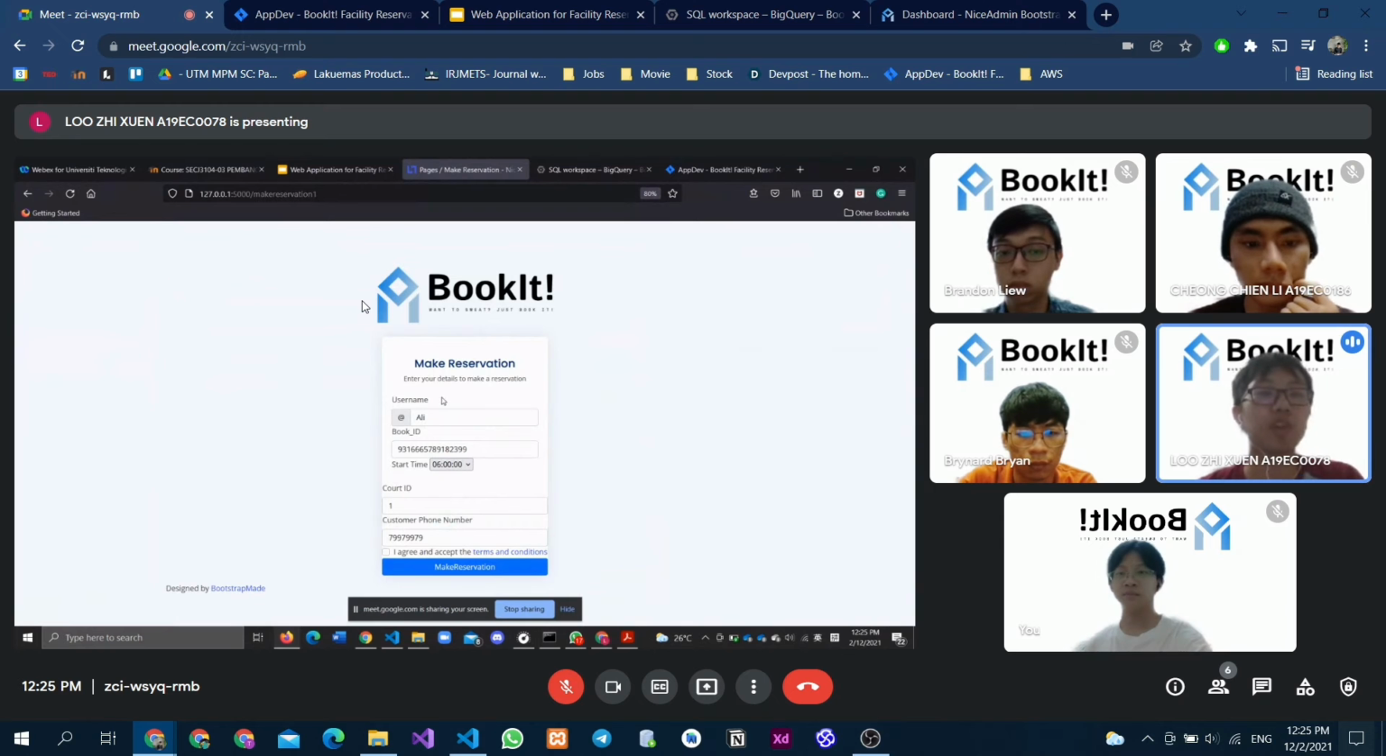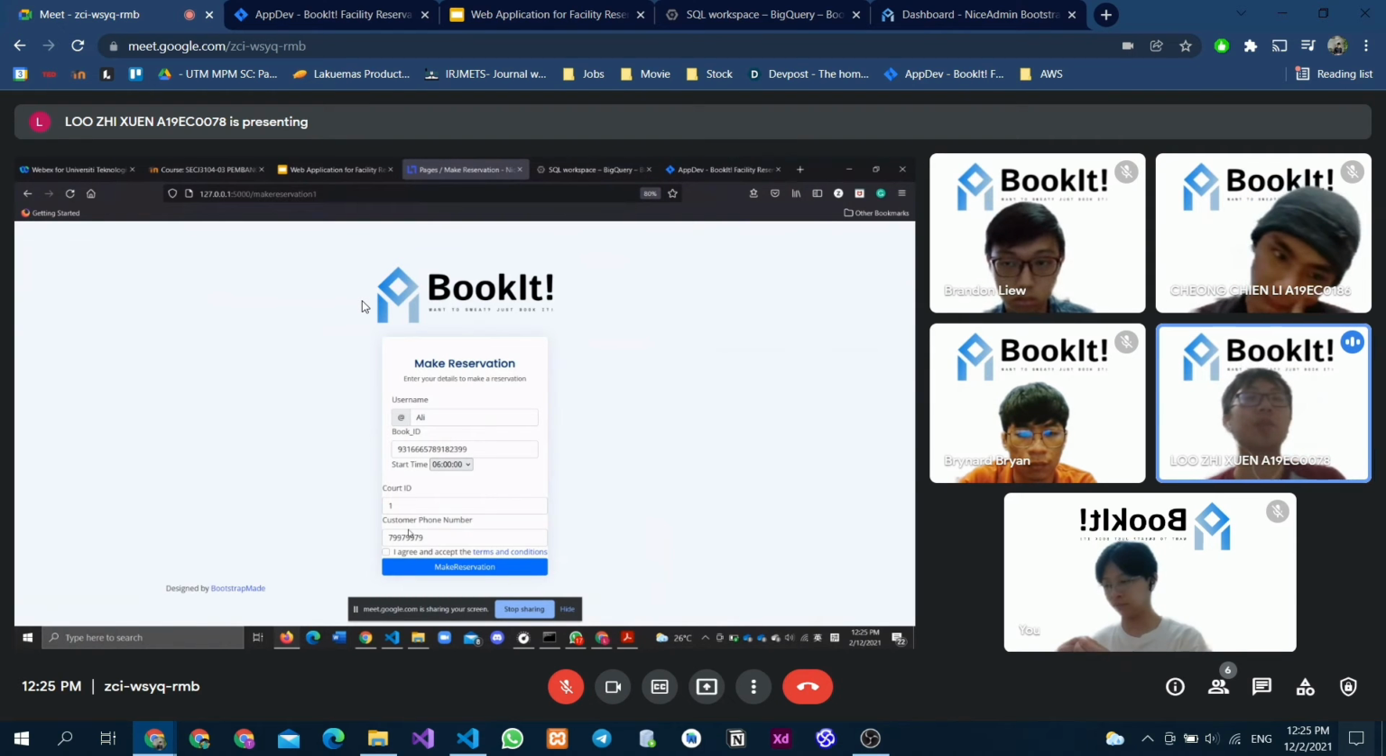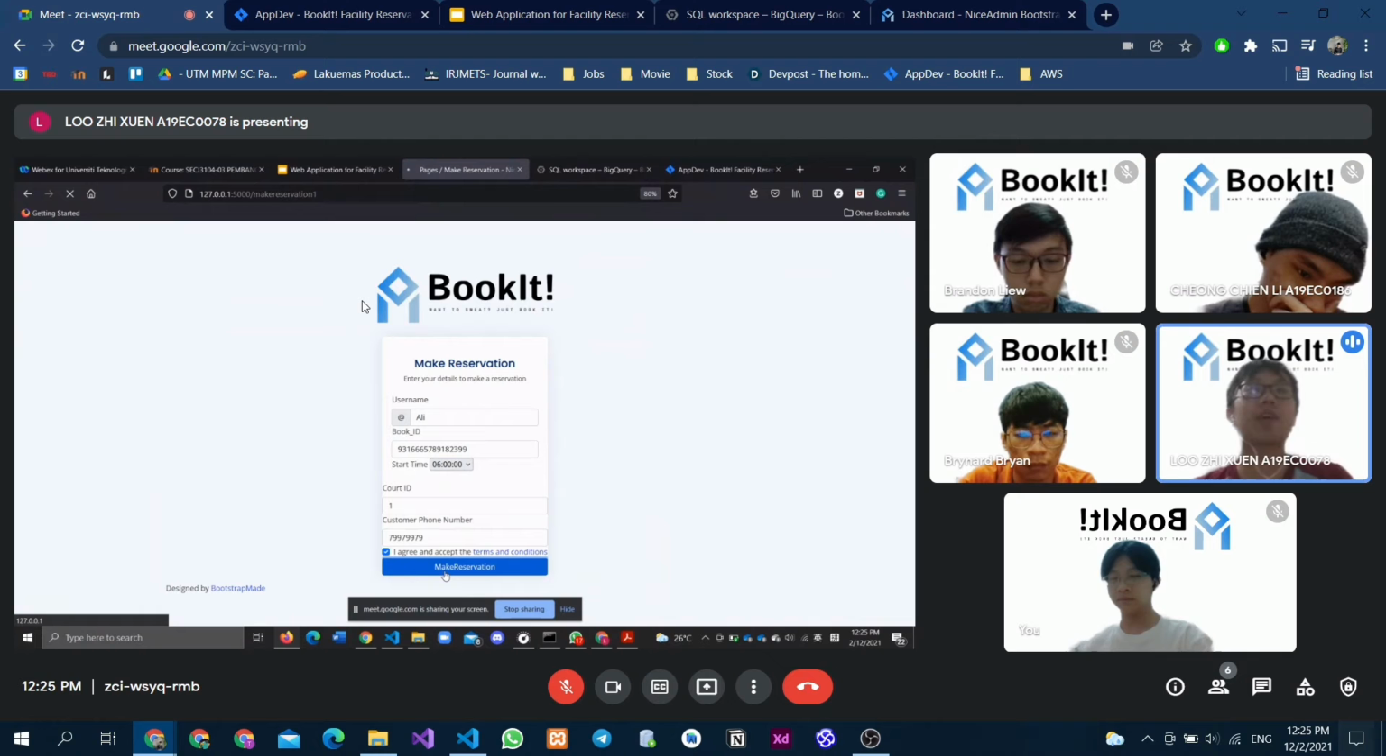it will show the username, the book ID, the start time, the court ID, and the customer phone number. The username, book ID, court ID, and the customer phone number are directly taken from the profile. Therefore, it doesn't need the user to re-enter again. So the resident just needs to enter the start time. Now I just select the start time from 6 a.m. So when I agree and make the reservation,